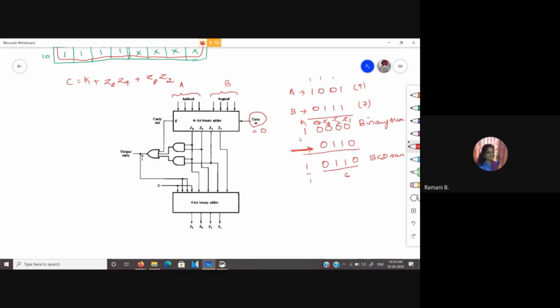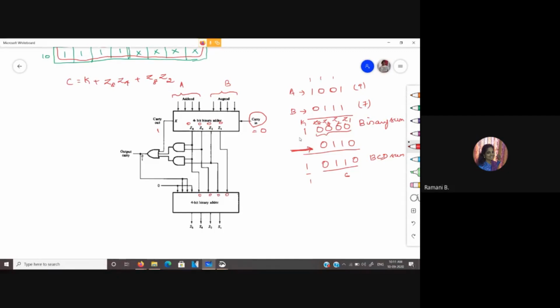Then for this, you will be adding a 6 to it. So here as this is 1, this is 0, 0, 0, 0. So these input bits, because we are adding 6 to it, so one of the numbers to the second adder will be these only. So this is obtained as such as 0, 0, 0, 0.